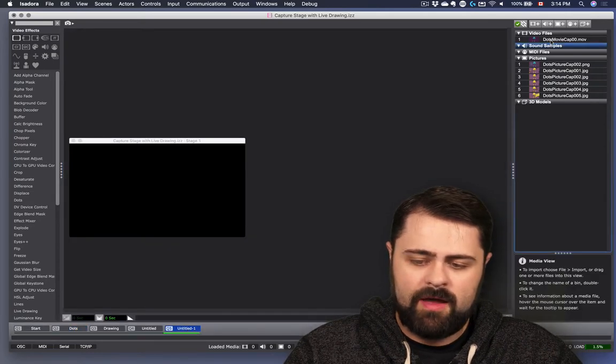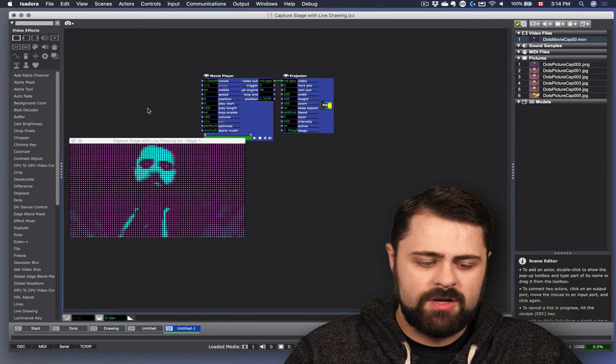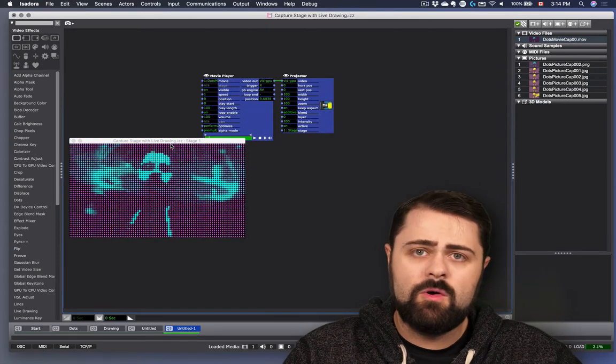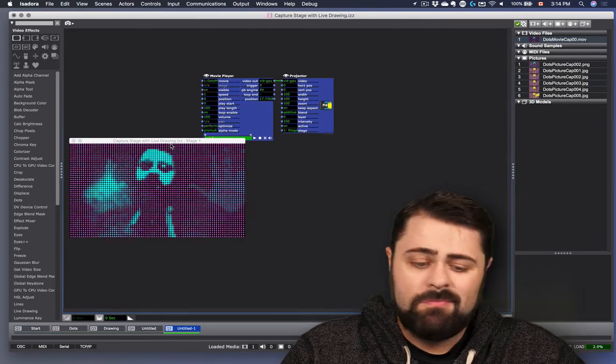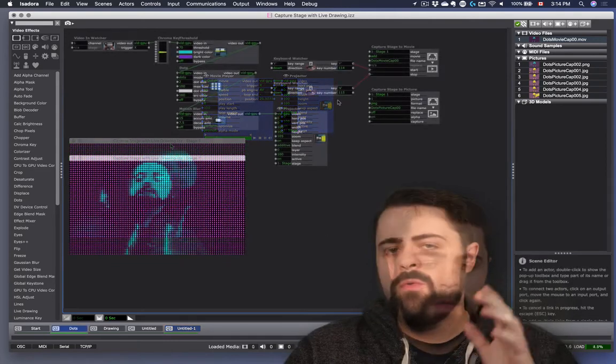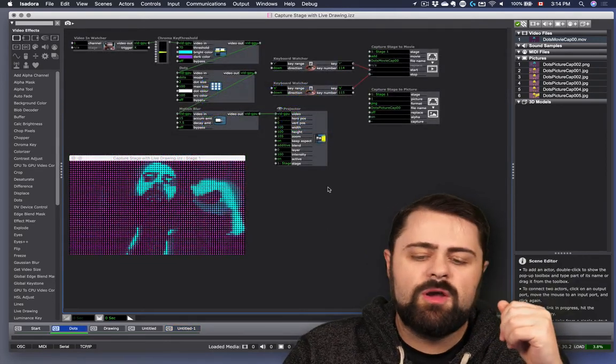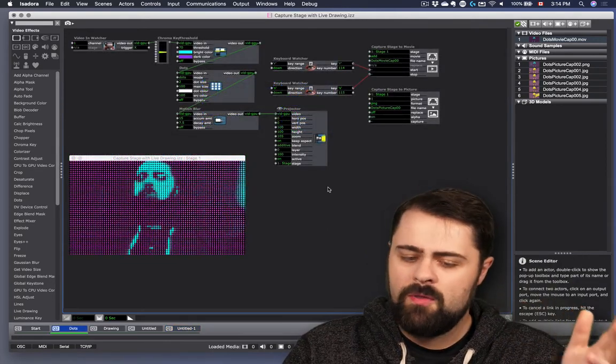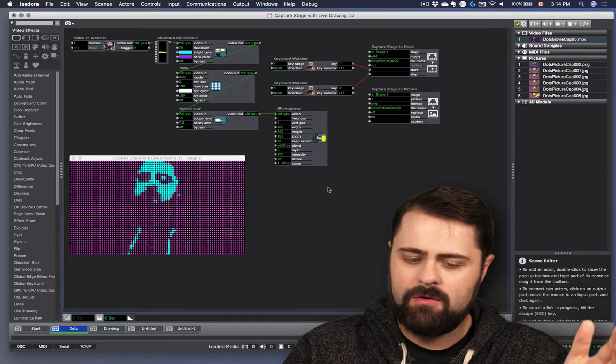Bring that movie file into the project. And there's the recording that we took before. Not much more to it than that. So now that we've started capturing movies, what about the capture camera to movie actor?